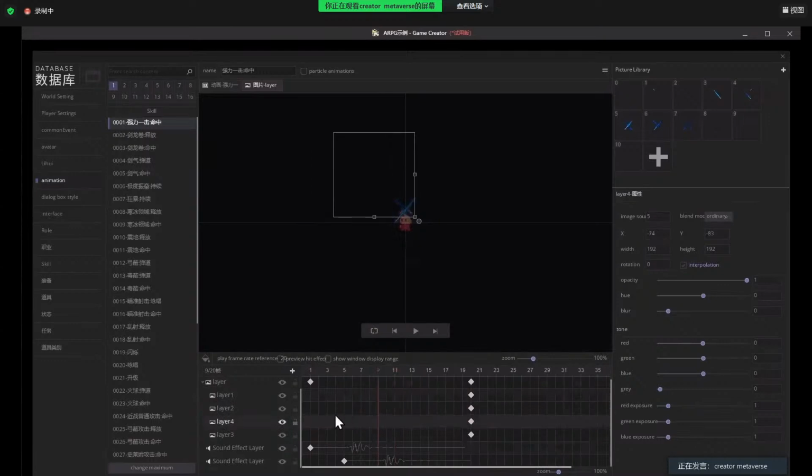Then I move the timeline to the first frame and change some position. So it will automatically generate the keyframe.